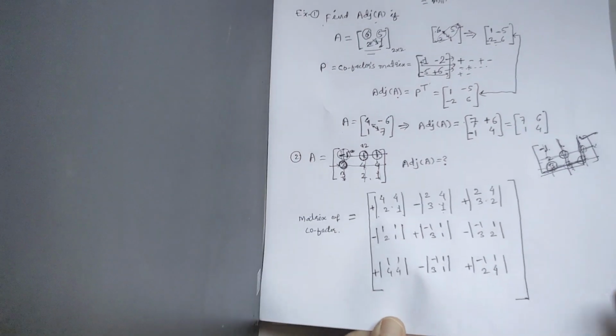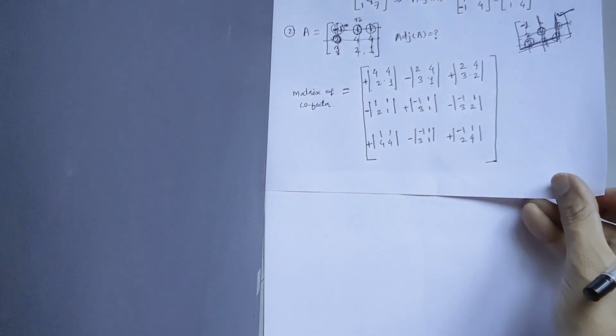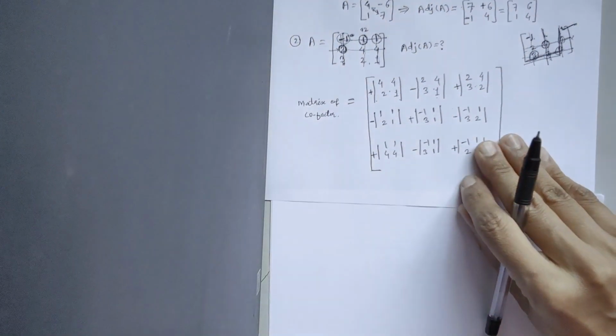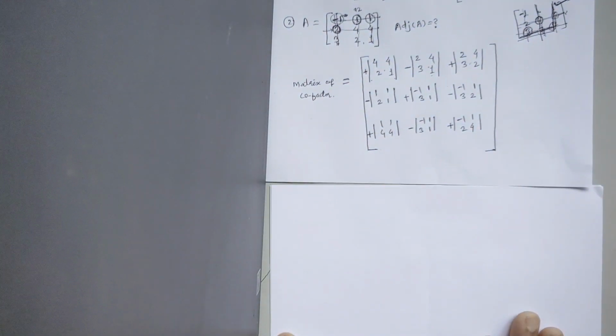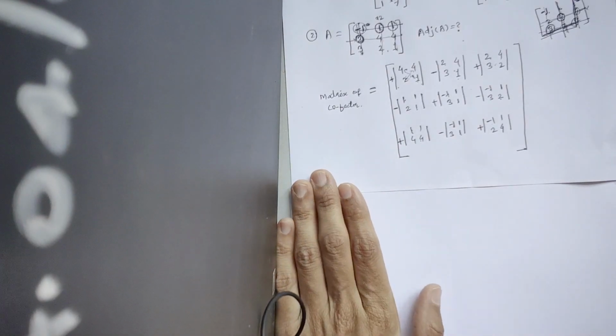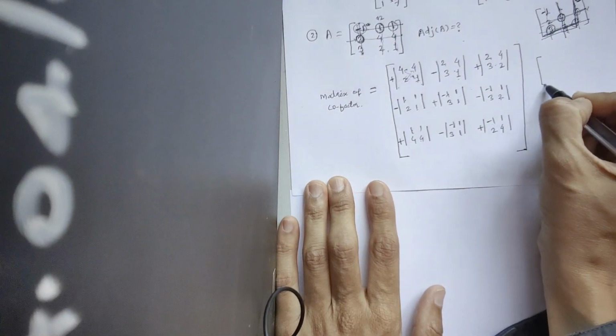So I'm just changing the page so that we understand it well. I'm keeping it here so you can see how we calculate it. Okay, so now let's continue with what we are doing. Oh, I'm so sorry. I think I made a mistake here, so I'm just correcting it.